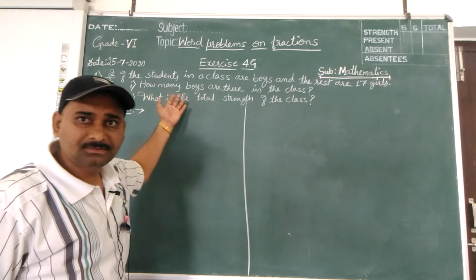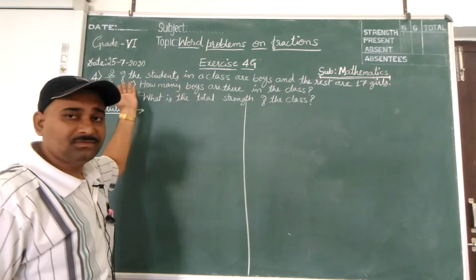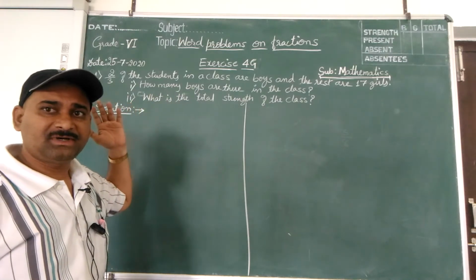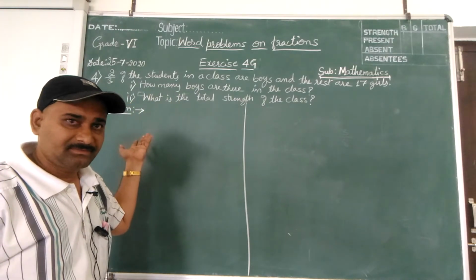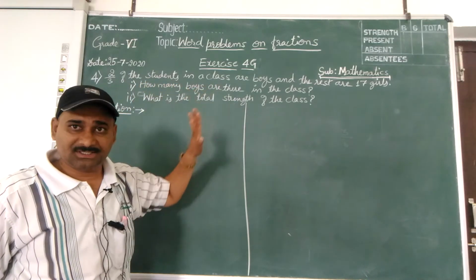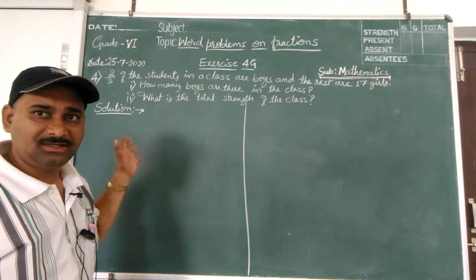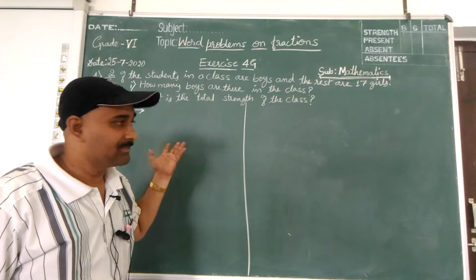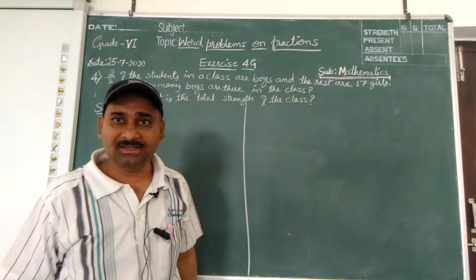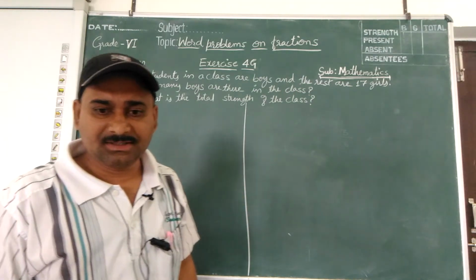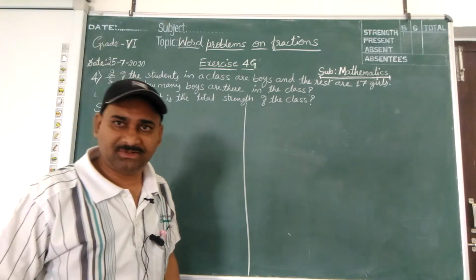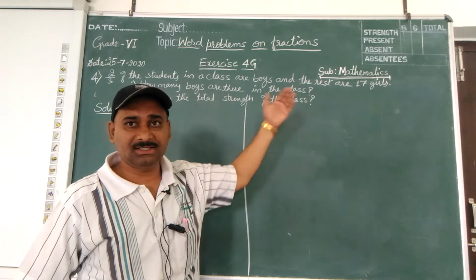Children, this question I will relate to the third question. In the last question, the number of pages read was given. Here, 2 by 3 of the students in the class are boys. There, 5 by 8 of the books were read. And here, the rest are 17 girls. There, some pages were left, how many pages were there? 168 pages are left. Here 17 girls are there, the rest.